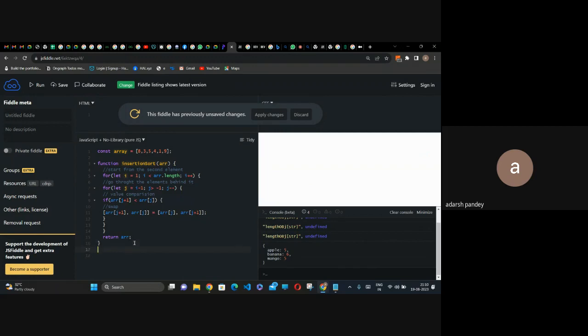तो मुझे यहाँ क्या करना है, console.log insertion sort, और इसके अंदर हम पास कर देंगे एरे। एक बार लॉग करते हैं, let's run the program: 1 3 4 5 8 9, and yes that's it, your insertion sort has been completed।